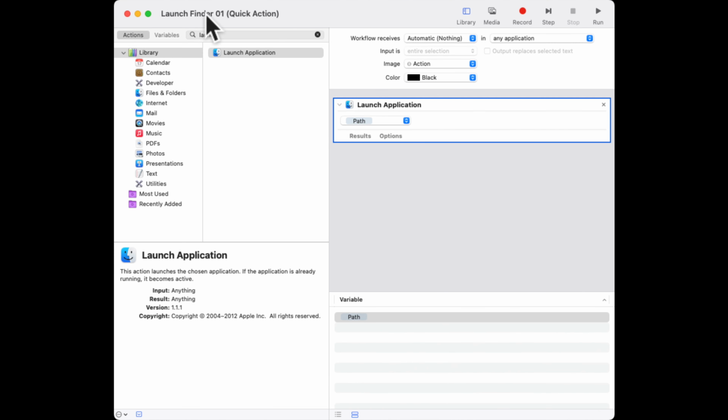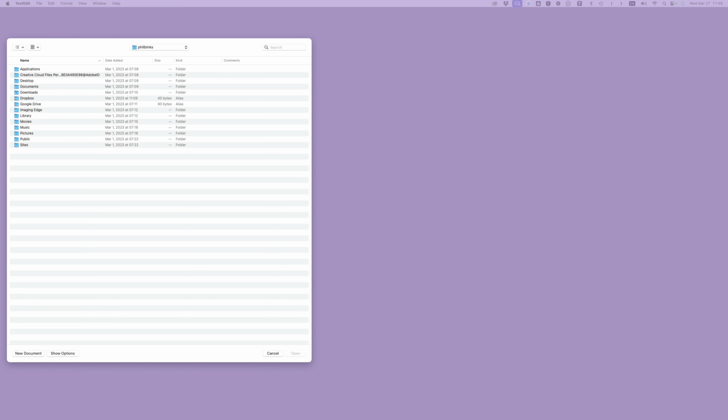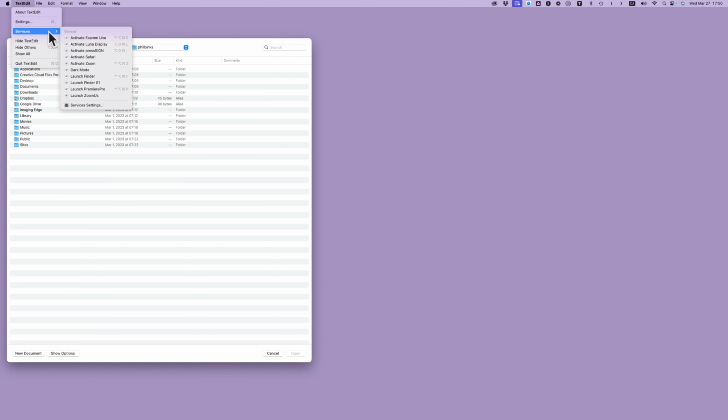So all we need to do now is close the Launch Finder action. Let me try and show you a way that would work. So I'm going to open up TextEdit. It's just as good as anything else. Up here at the top we see TextEdit, and hopefully you can see this. It says Services, and now when I click on Launch Finder 01,